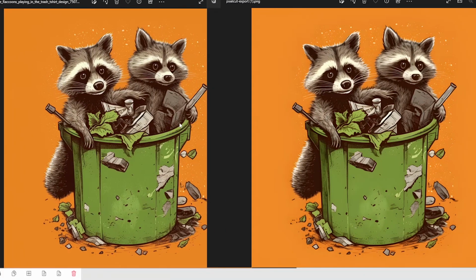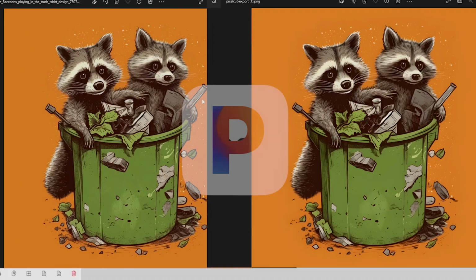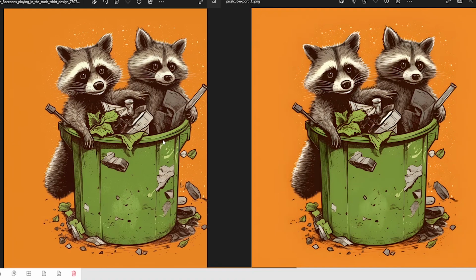All right, so I came over here to Pixelcut AI, and this is basically an AI image upscaler. The one image on the left is 1024 pixels, and the one on the right is 1920 by 1920 pixels. You can take a look, and it's basically supposed to enhance it more. The lines and everything are supposed to be a little bit more detailed.